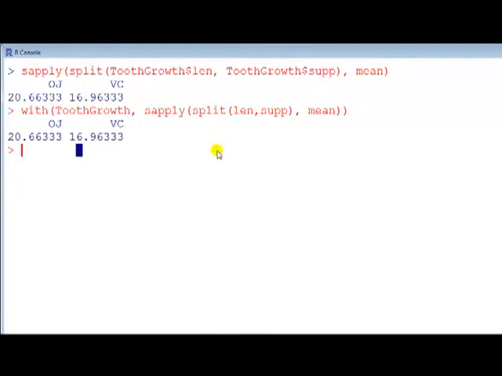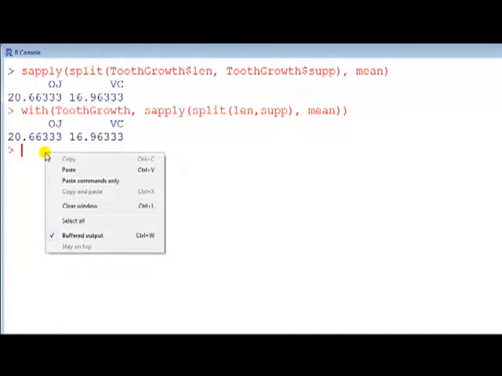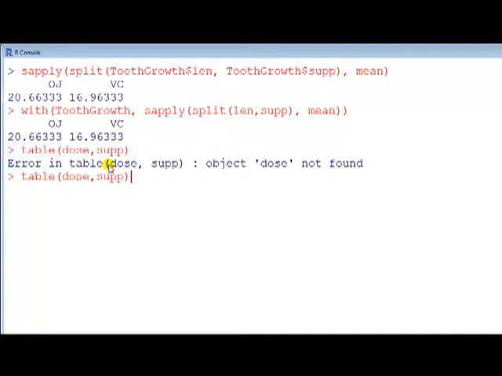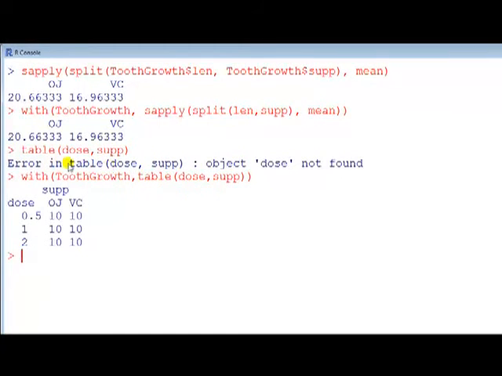Okay, finally, to finish up on this video, we want to see what the frequency is. Frequency table. We do that by using the table command, table of dose and sup. Okay, that's ordinal versus nominal. They're both categorical. With, yes, now that I know that, with tooth growth. There you go. So this tells us that there are 10 observations at OJ at a dose of half, well, basically